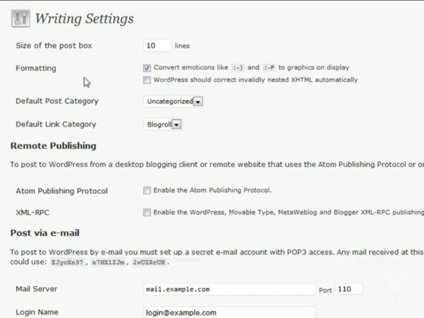All right, writing settings. This basically will allow you to do a couple of different default actions for writing blog posts, as well as some advanced blog posting actions. First of all, we're going to cover the size of the post box. Whenever you're posting a new post or page and you have a lot of content that you want to work on without toggling to the full screen, you can adjust the size of the